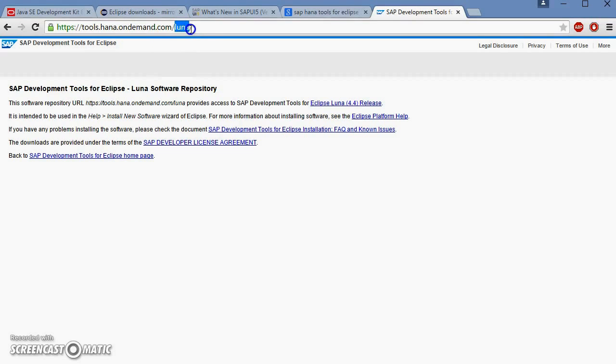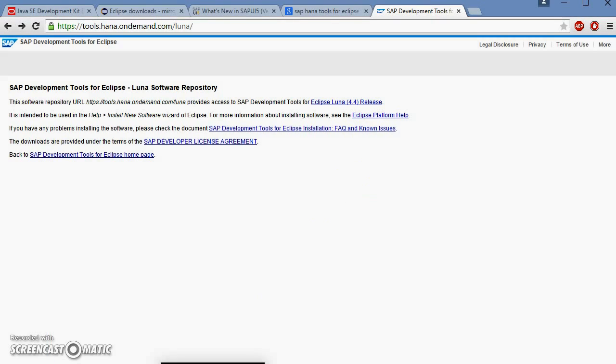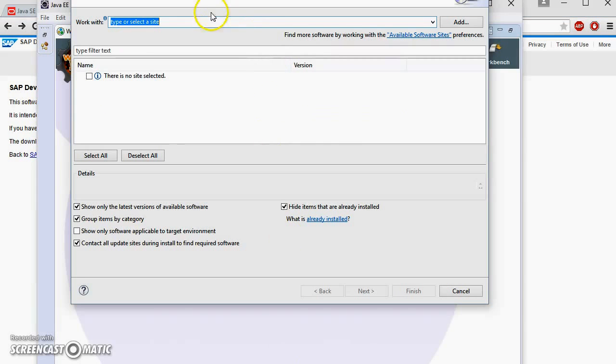Here Luna signifies the Eclipse edition, the Eclipse version, sorry. So if you go into this website, you will find a relevant URL here. We need to copy this URL and paste it in this input box.